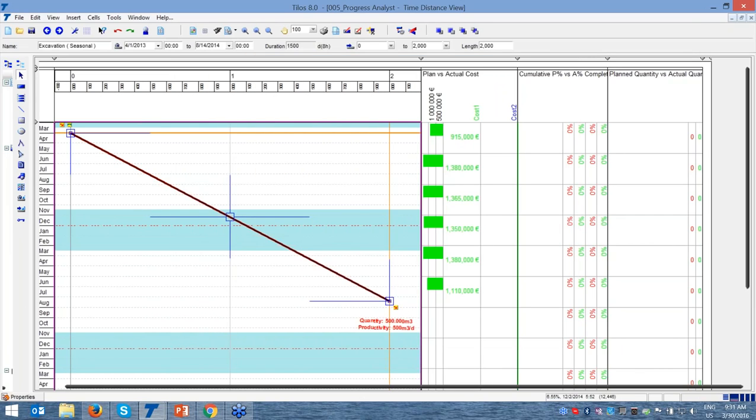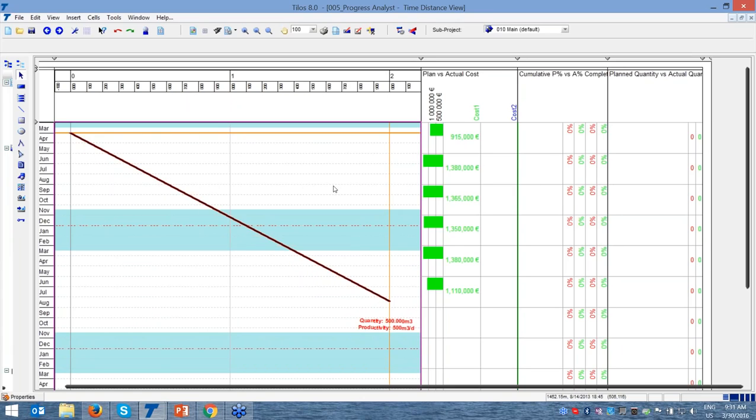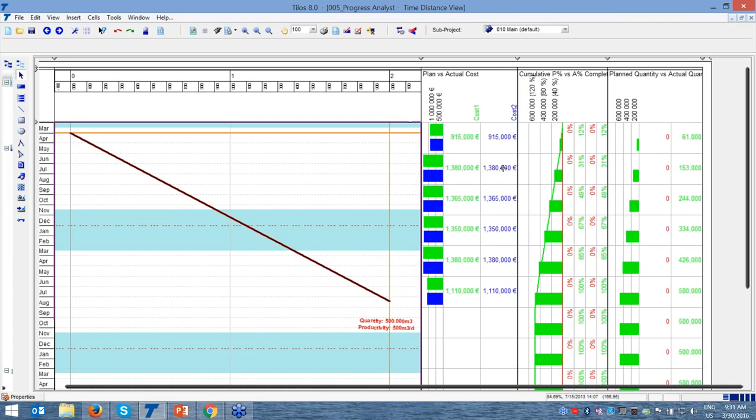When I create this, you can see here I have 2 lines. The black line represents my project target and the baseline. The red line represents my forecasting line. So I just want to make it budgeted cost, because it was forecasted cost, and budgeted progress and budgeted quantity. I just press F5 for calculations, and please see here now budgeted and forecasted cost is the same,